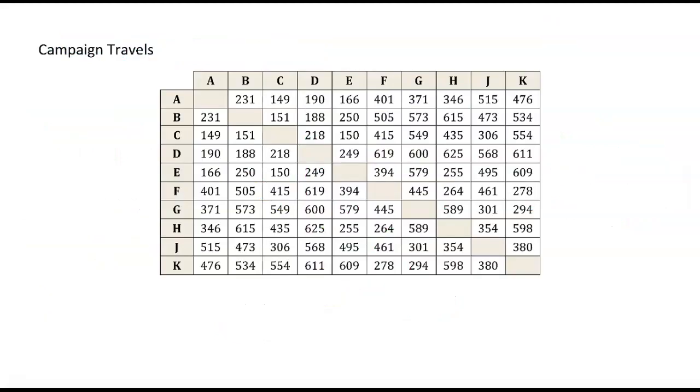Now let's look at another example. In this example, we will use the repetitive nearest neighbor algorithm. That's the idea of using the nearest neighbor algorithm, but starting at each site, one at a time. In this example, we have a political candidate that's touring 10 cities, and their campaign manager needs to decide in which order they should visit the 10 cities.